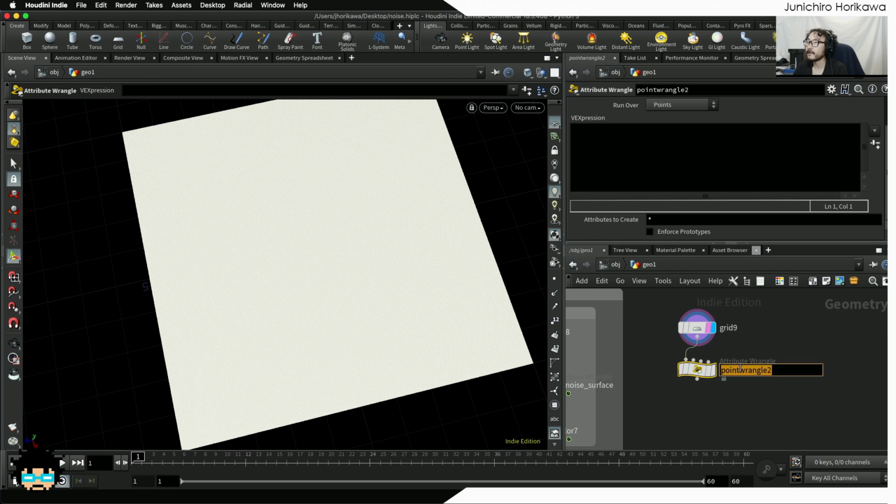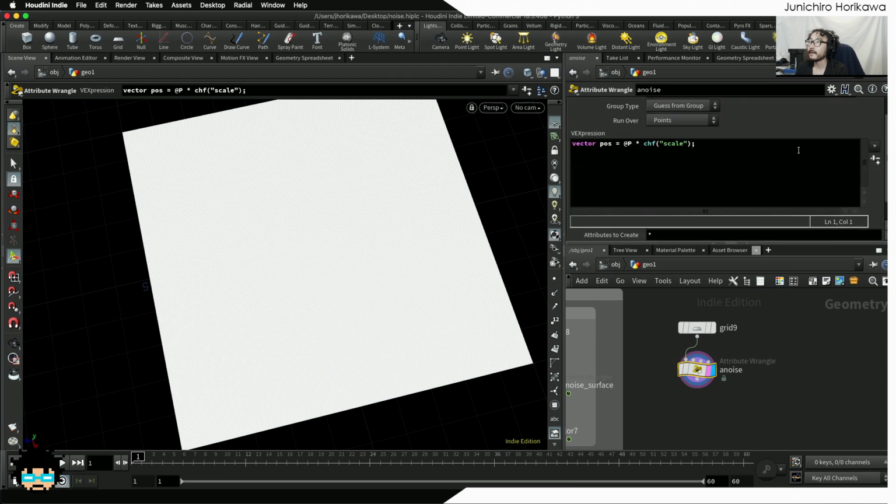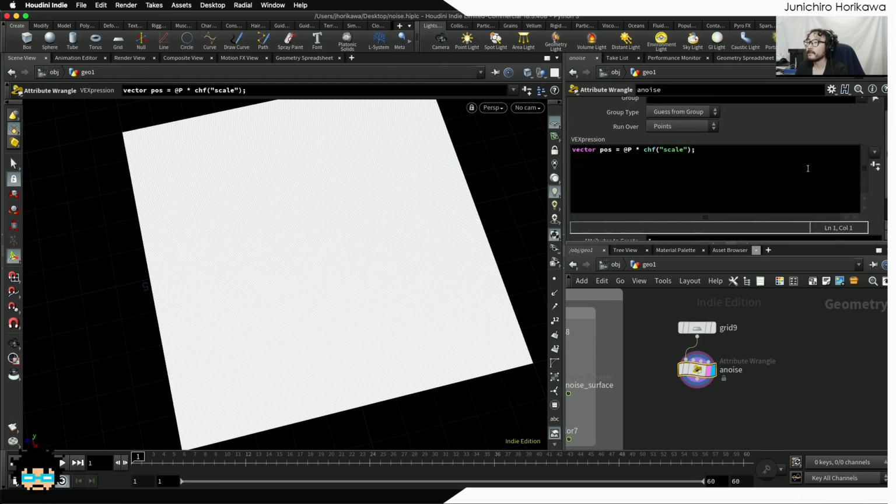Let's name this a noise. Okay, and then I am going to, first of all, create a position value at P multiply by scale like we did last time. Okay, now since this is on the grid, I kind of don't need to use